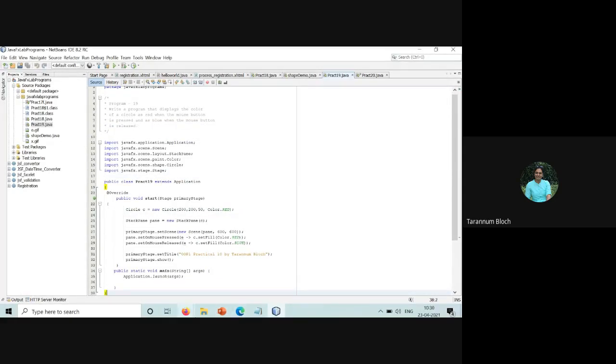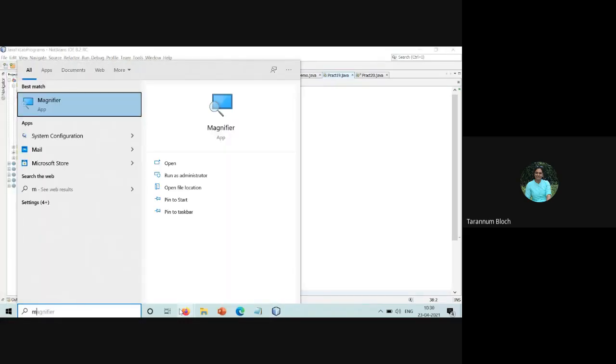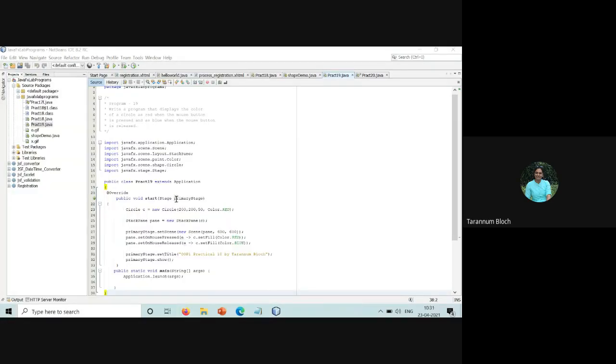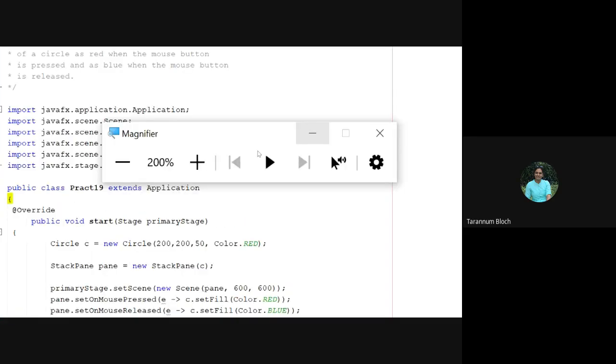Just a second, let me use the magnifier.